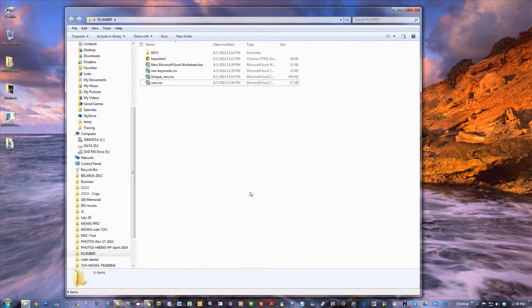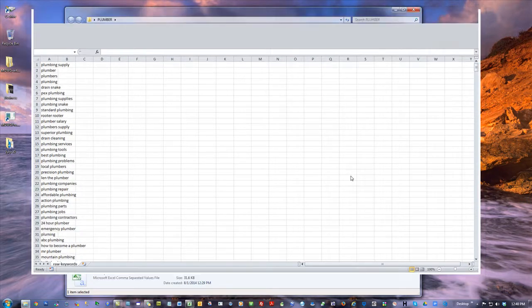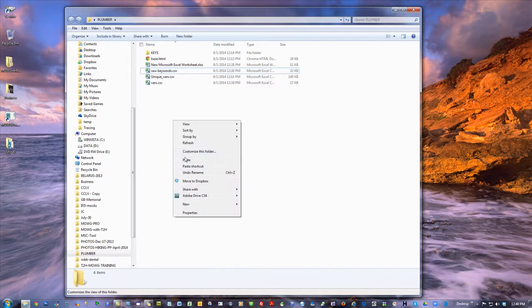I'm done with my raw keywords. Normally I'd probably cut them off my raw keywords list, or I'd keep it in a backup or an archive or a list called done, because I used them. I'm using them for however many pages I want to create, so I want to know which ones I used. I don't know anymore because I didn't do anything with it. It would be good to create a separate file called done or something, copy, paste,